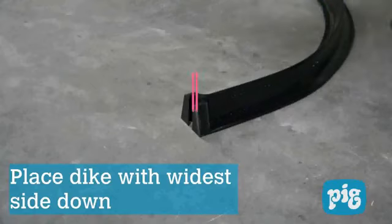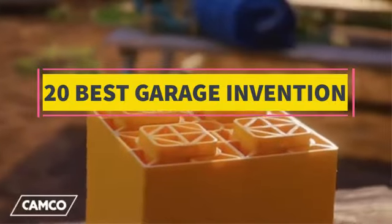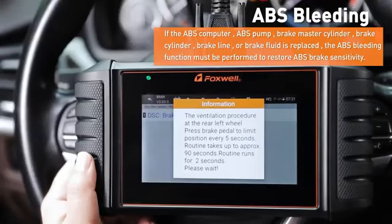In this video, we listed the 20 best garage inventions for cosplay on Amazon that are available on the market. For their true quality, I actually tried to make the list based on their popularity, quality, price, durability, user opinions